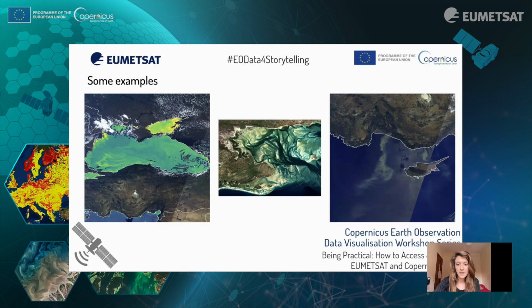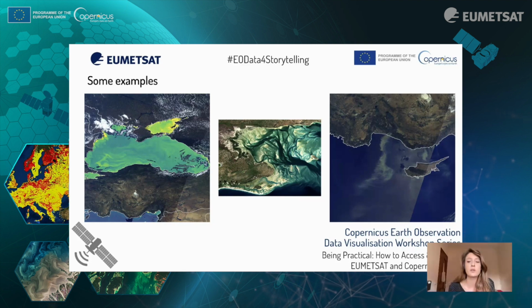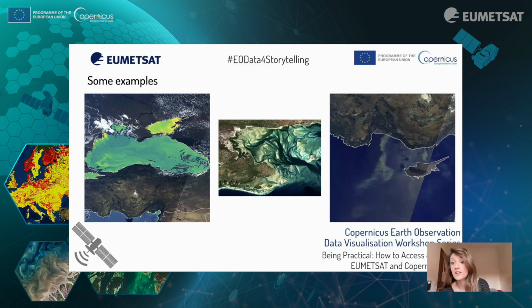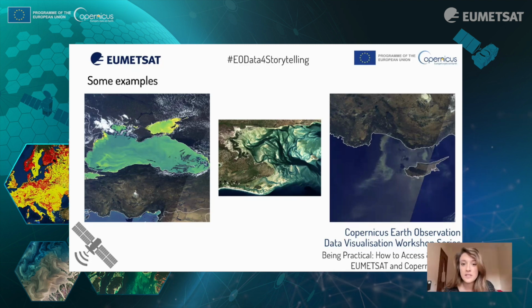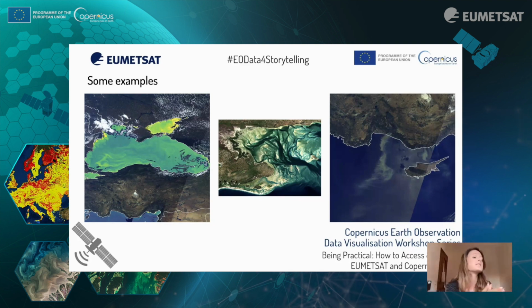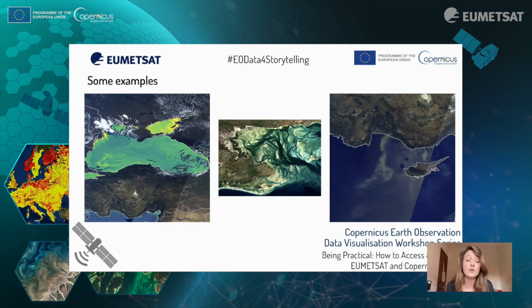These images are also a really great way to share information. The first one, for example, is sharing chlorophyll, so phytoplankton biomass, and we also have ashes on the far right, and in the middle we have chlorophyll and sediments. So they are really good maps, really good images that you can use to share on either your social media or in your journals, or generally to share for improving the information.